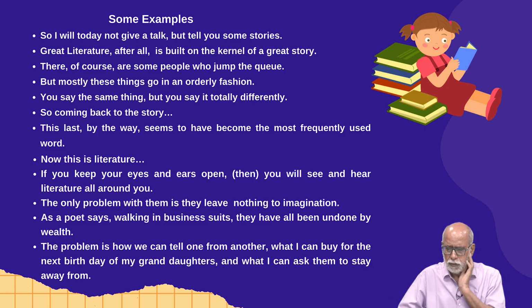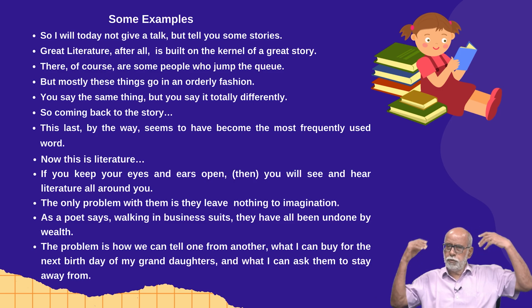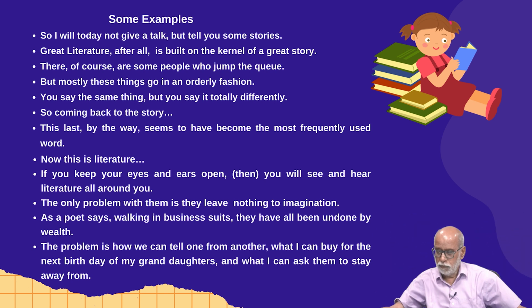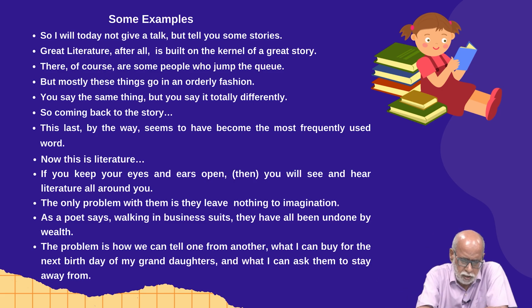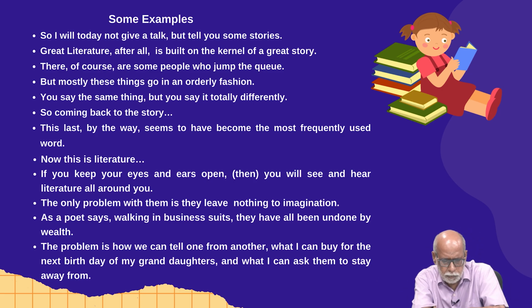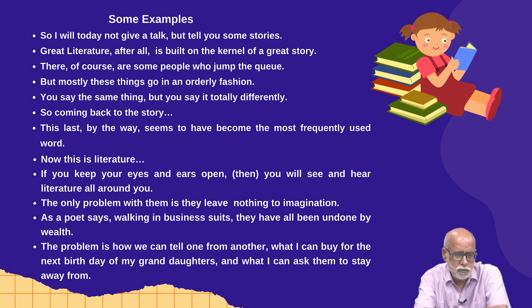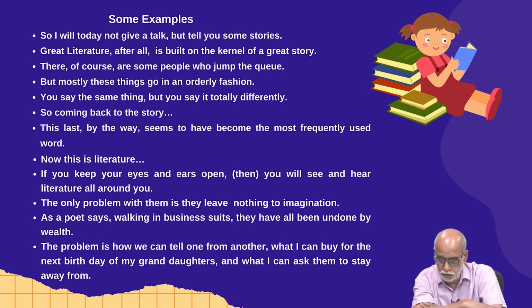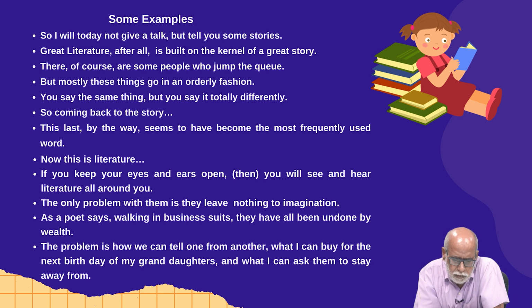Of course, in all kinds of argument, you can acknowledge the universal truth. Of course, I know man is mortal, but insurance can help the family. Okay. So, sometimes you use constructions of this kind, but mostly with these things, what is the meaning of which these, what has been said before, to which these refers, that is not clear. And because that is not clear, you will always be troubled whether I wrote well, because mostly these things go in an orderly fashion.